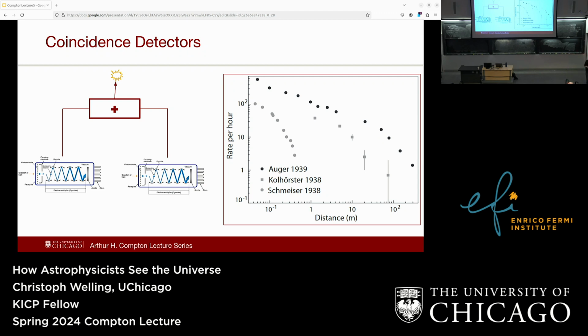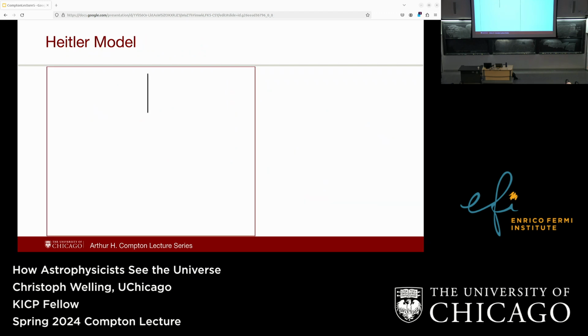That's what I'm getting to now. Yes, because the second one. The way to explain this is, if you want a very simple model, you use something called the Heitler model, where you have your cosmic ray that's coming from space. It's hitting the atmosphere, and it's going to move through the atmosphere a little bit, but at some point, it's going to hit some atom there, some nitrogen or something. And that's going to produce some new particles, and then they're going to move through the atmosphere.